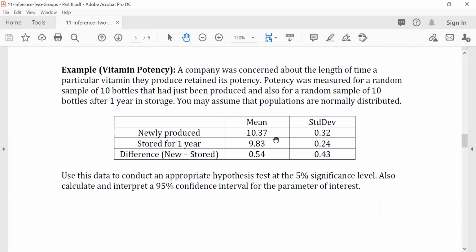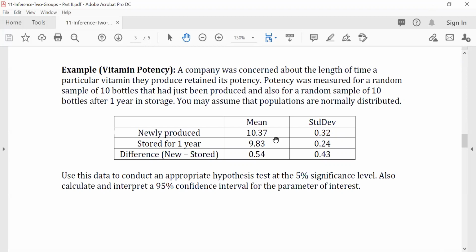So this example is about a company who was concerned about the length of the time a particular vitamin they produce retained its potency. So they measure the potency of newly produced vitamin and the stored vitamin, which has been stored for a year. And we can see from this